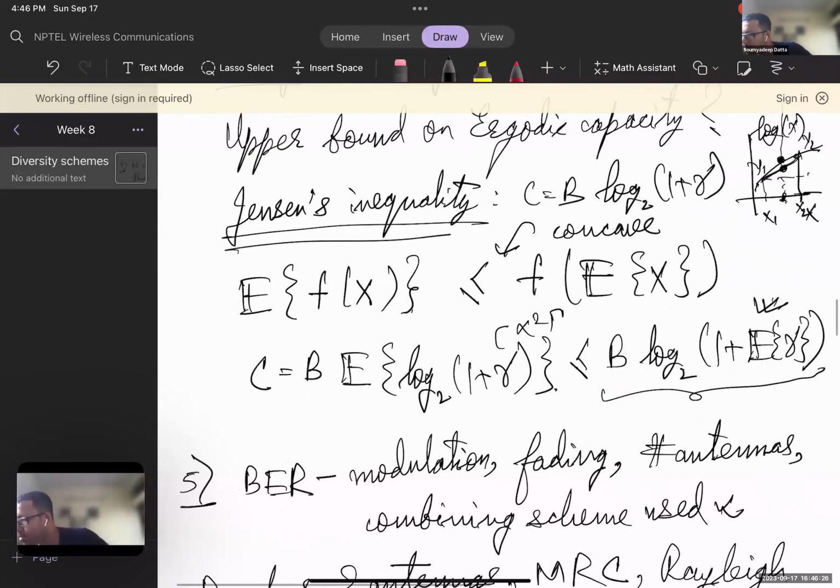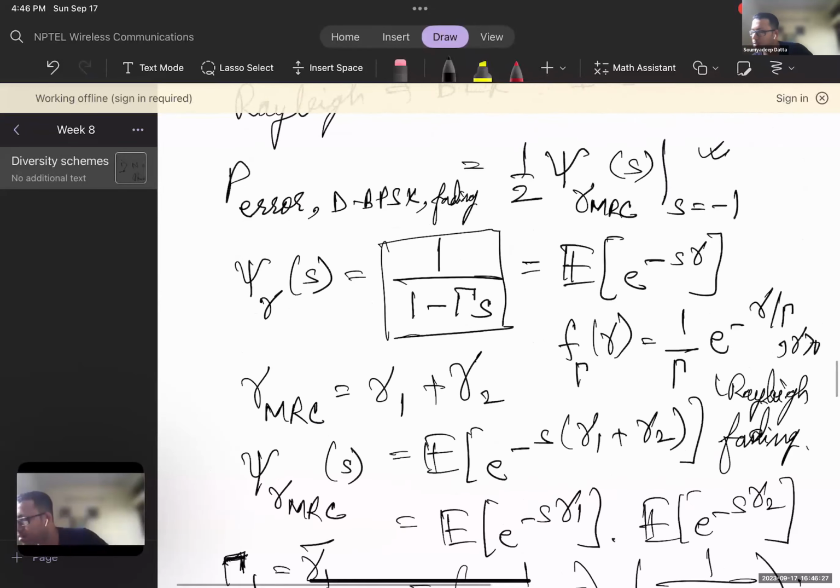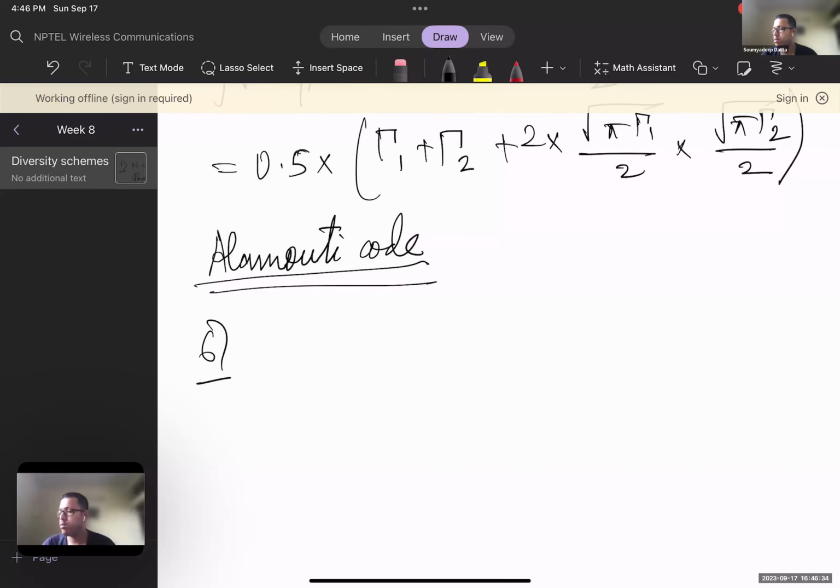Question 5 is there. A similar question, on Alamouti's thing, you know that diversity order is equal to 2, right? So your SNR degrades twice as slowly, or yeah, your BER is even more dependent on SNR actually. So that is there, and